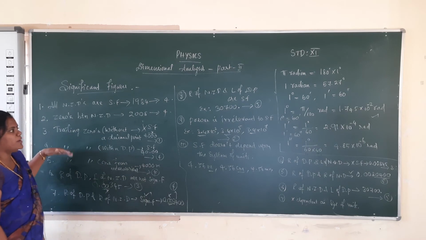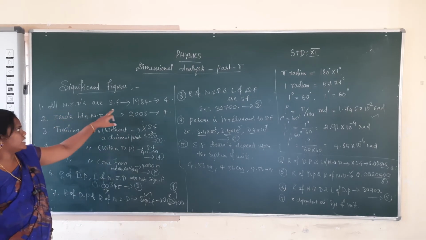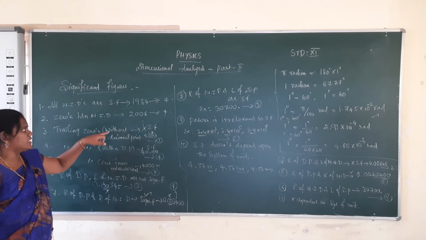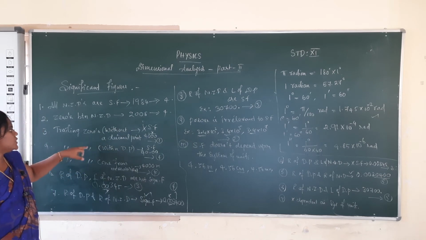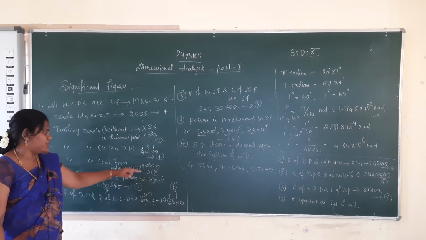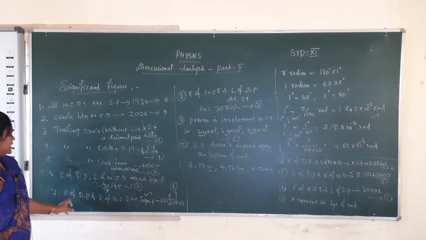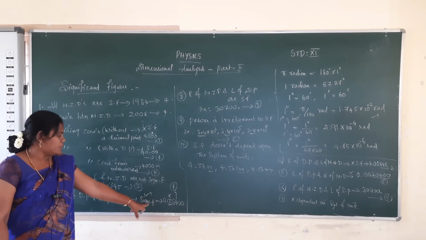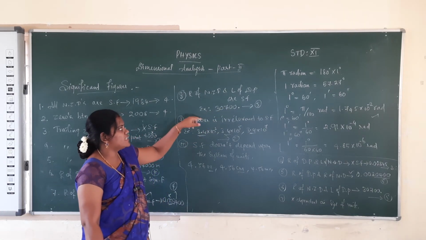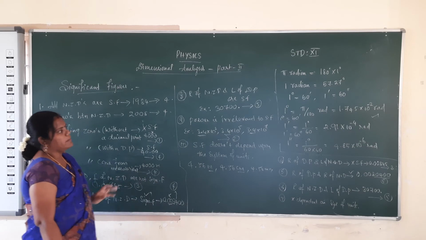Okay, these are the 10 points you have to learn thoroughly before you work out significant figures problems. First, non-zero digits are significant figures. Zeros in between non-zero digits are significant figures. Trailing zeros without a decimal point are not significant figures. Trailing zeros with a decimal point are considered significant figures. Trailing zeros that come from measurements are also considered significant figures. Right of a decimal point and left of a non-zero digit are not significant figures. Right of a decimal point and right of a non-zero digit are significant figures. Right of a non-zero digit and left of a decimal point are significant figures. Power is irrelevant to significant figures, and significant figures do not depend upon the system of units. So you have to learn all these 10 points thoroughly.